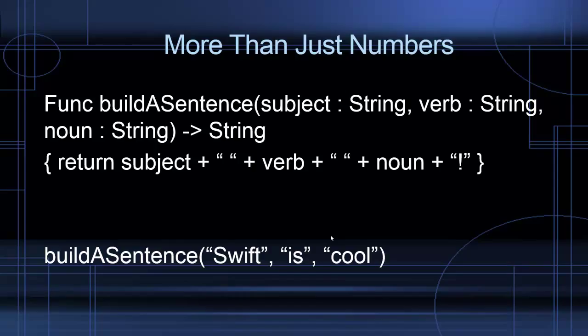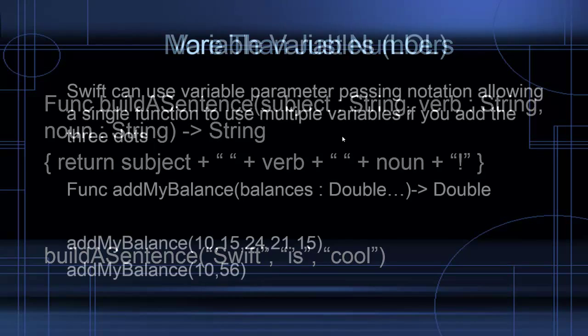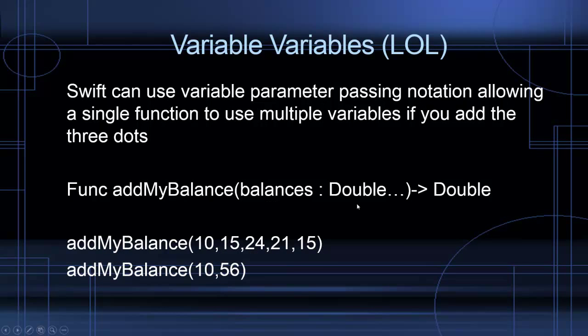And this works for short things where you only have a couple of values. But what if you have a function that's going to compute 50 different values or something like that? The last thing I want to do is write value 1 integer comma value 2 integer comma all the way to 50. That would be kind of miserable. But I can do this and have double and then 3 dots, and that tells me that there's going to be more than one variable. So Swift can use that parameter